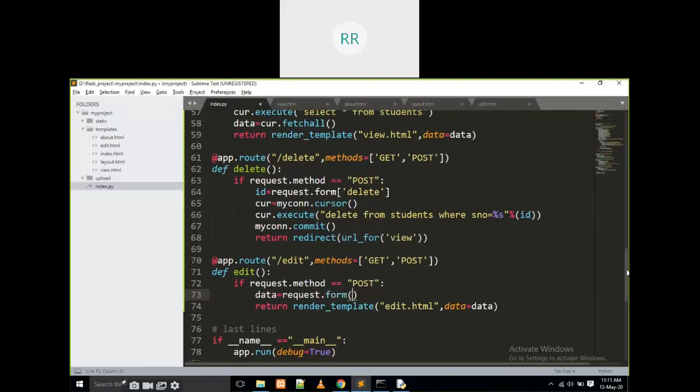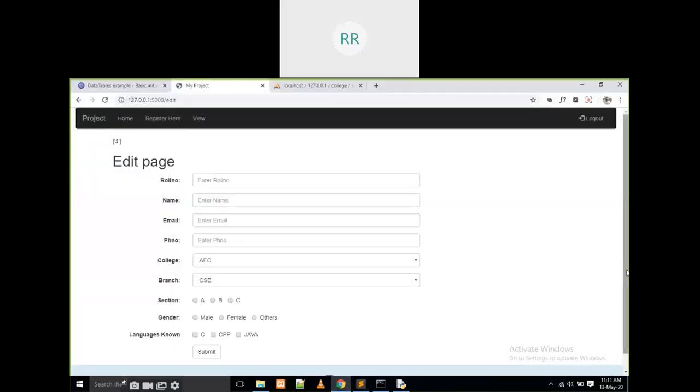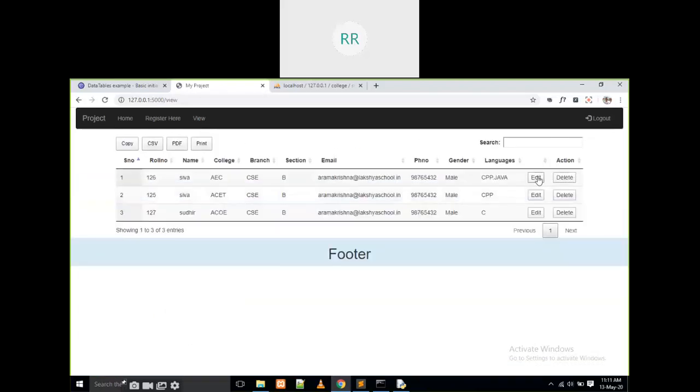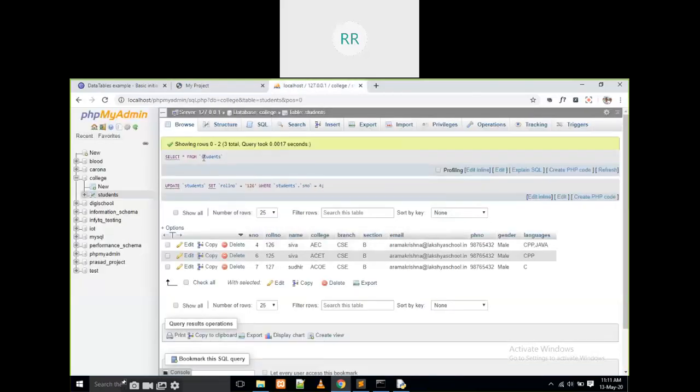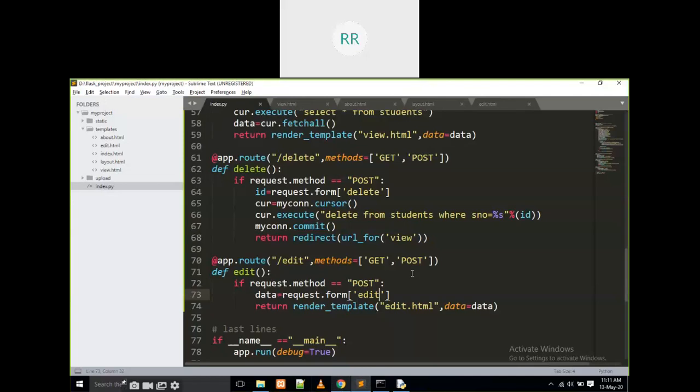Form of edit. No, it's not coming. It is clicking on view. If I click on edit, it is going to be the 4. Okay, no problem, but the data is not coming perfectly.